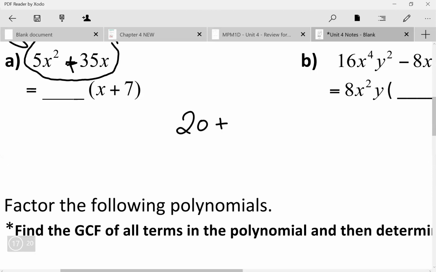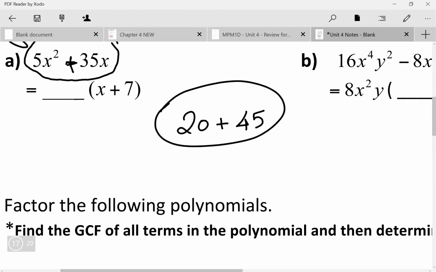20 plus 45. Now, just to illustrate how this would look with a variable, I'm going to illustrate how it looks with numbers. I know this is just equal to 65, but we're going to try and express this as a product of two different terms just by using the method